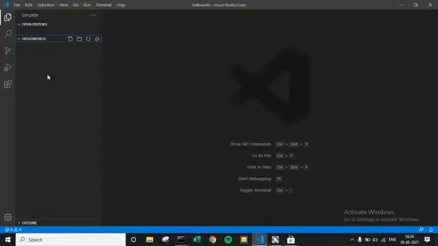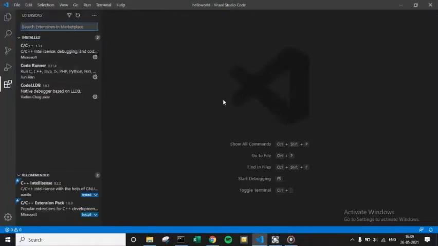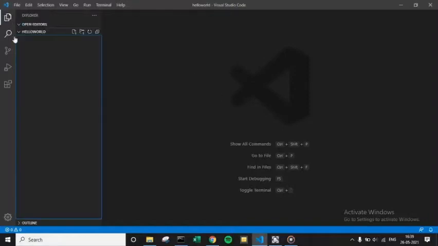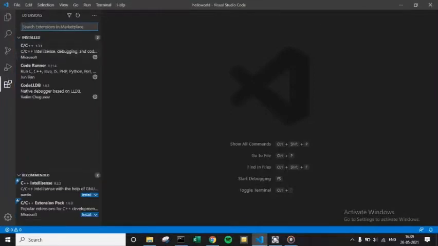To create a proper workspace, we have to do three things: configuring the compiler path, configuring some tasks like the build task, a launcher task, etc., and configuring the debugger settings. And finally, yes guys, before setting up the workspace, I forgot to say one thing: you have to install a C or C++ extension.